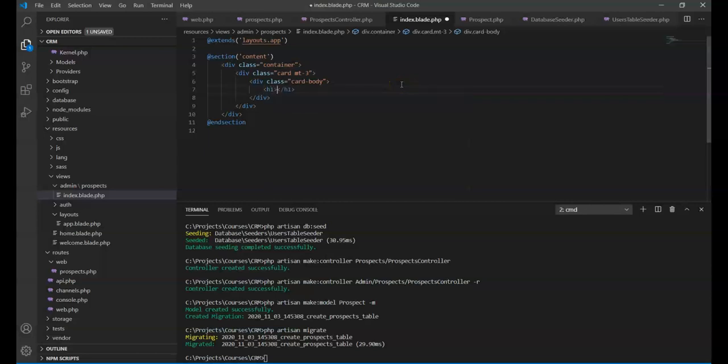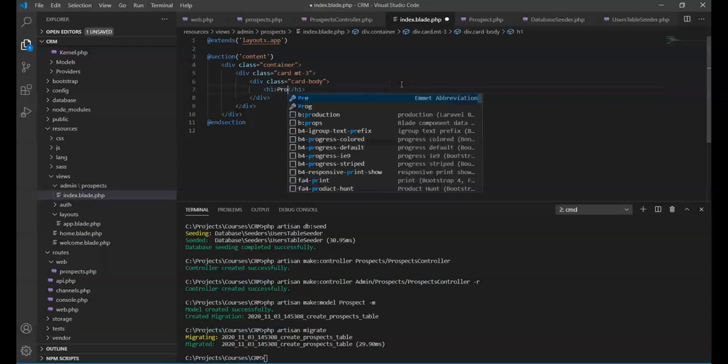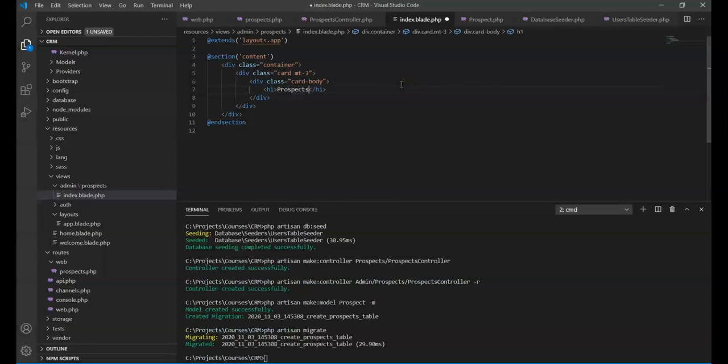We'll do an H1 in here, and the H1 will say prospects. All right, and then we'll do small.text-muted. That's the class we'll use in there, and we'll just say showing all prospects in here. Now, down here, because we passed through prospects as paginated results, we can put a table in here. Actually, we can do it this way. Because it's going to come through as an array,